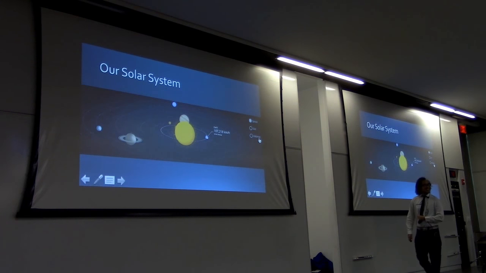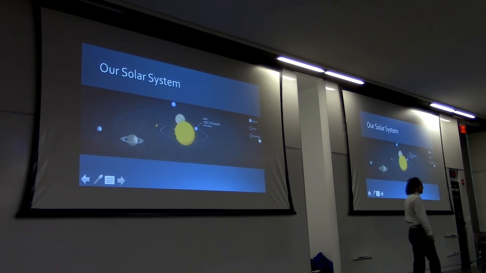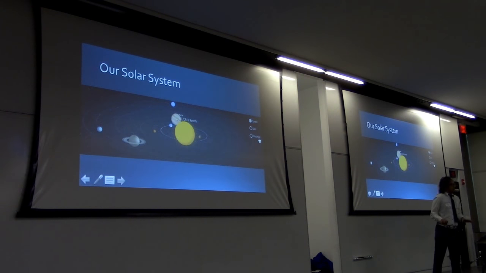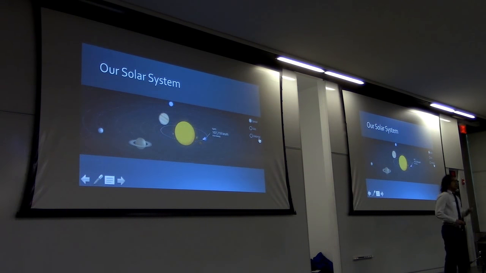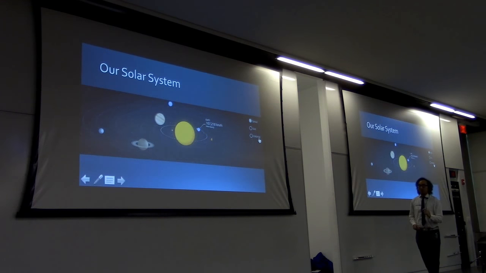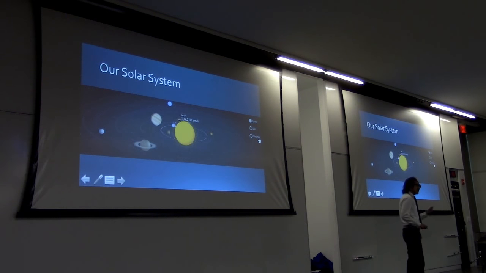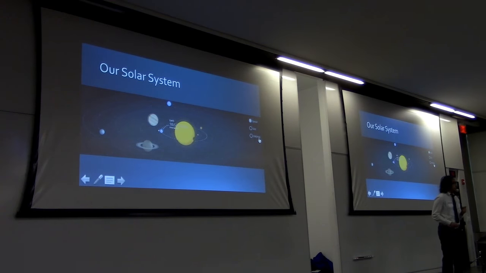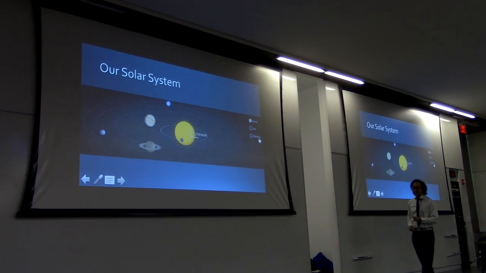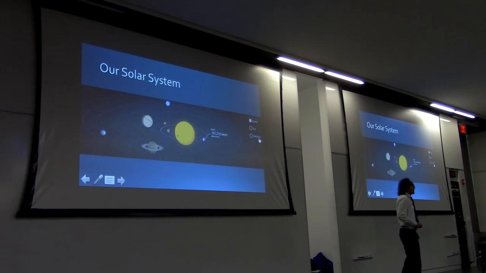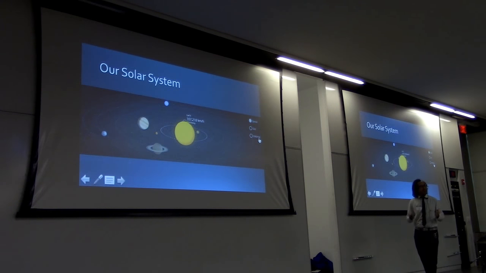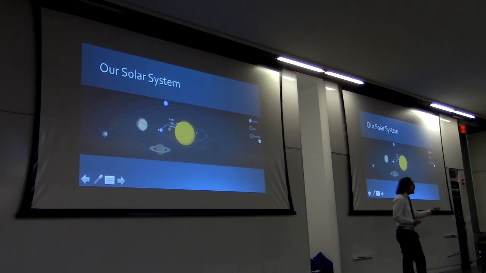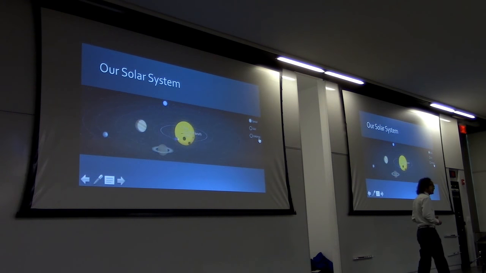Our solar system, our neighborhood in the stars. For millennia, our solar system was the only known example that we had of planets orbiting around a central star. It wasn't until 1992 when we first started discovering these exoplanets, these other planets revolving around other stars. Since then, exoplanets have taken the field of astronomy by storm, raising such provocative questions such as, could we one day even live on these other planets?